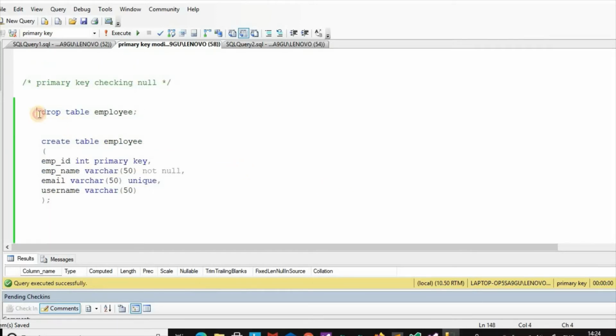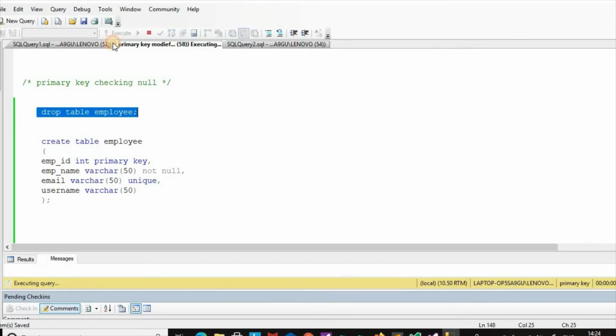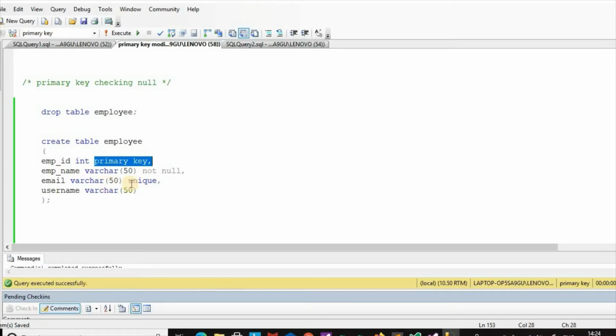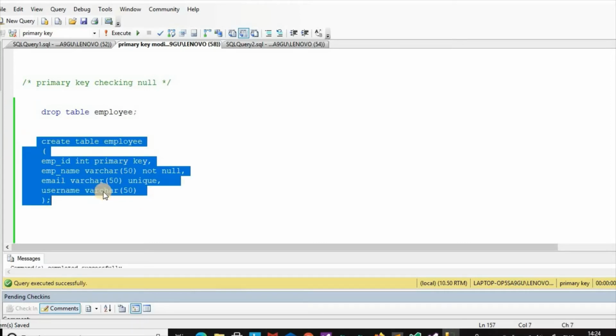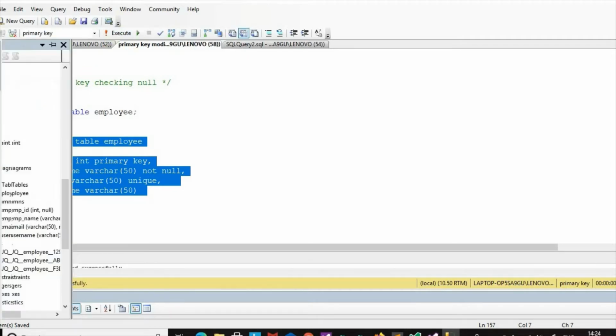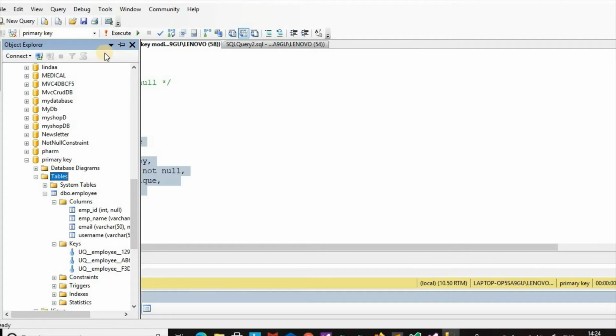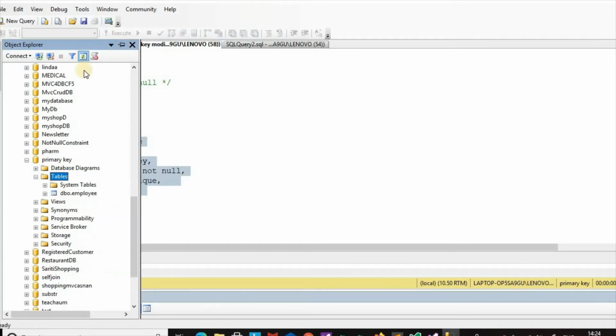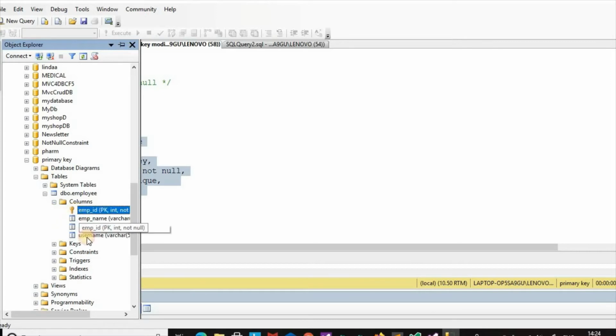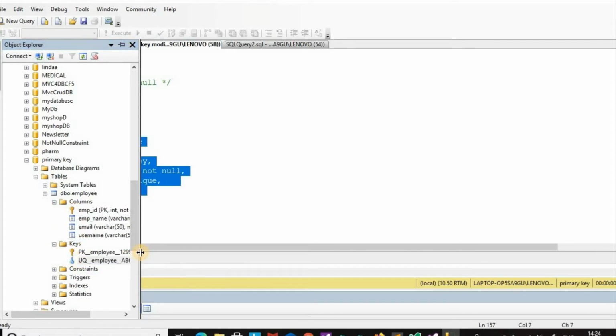Here we have given three unique keys. So first we drop that table, and we want primary key for EMP ID and unique for email. So we execute this. Here we can see one primary key for EMP ID and unique for email.